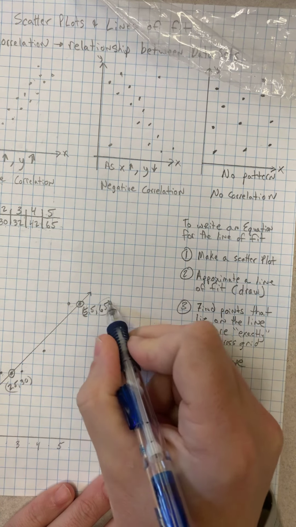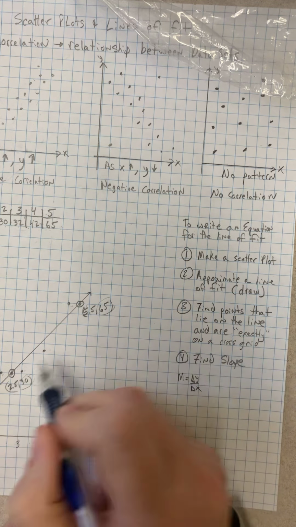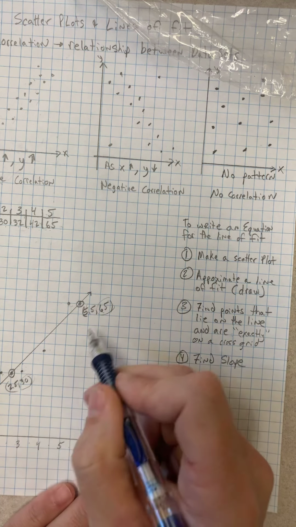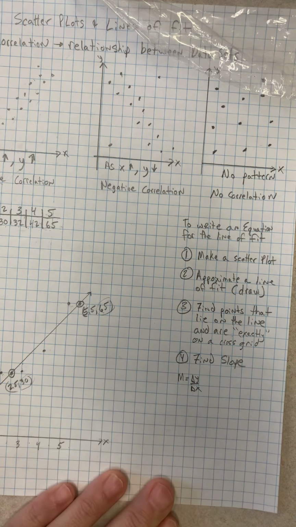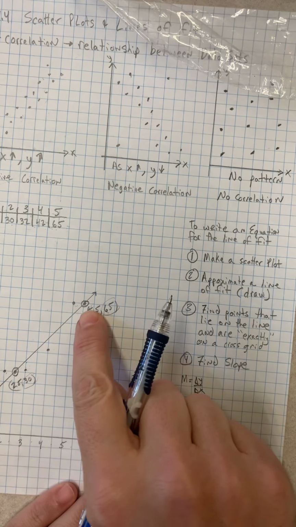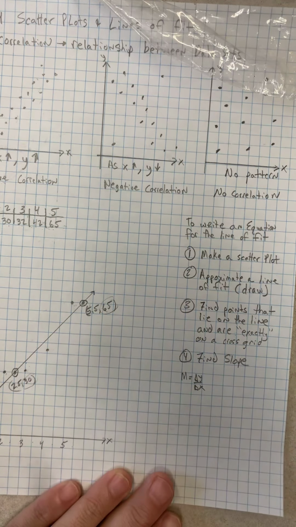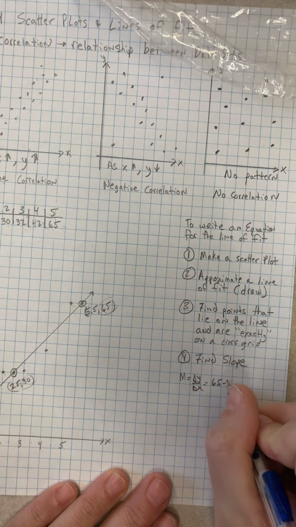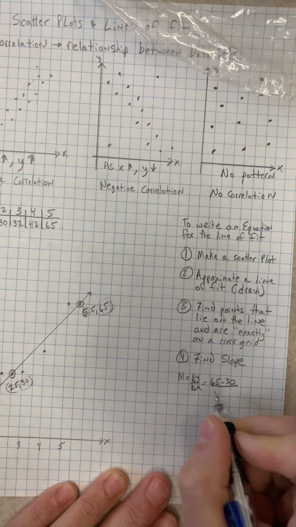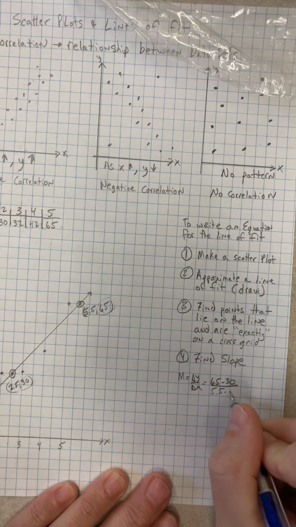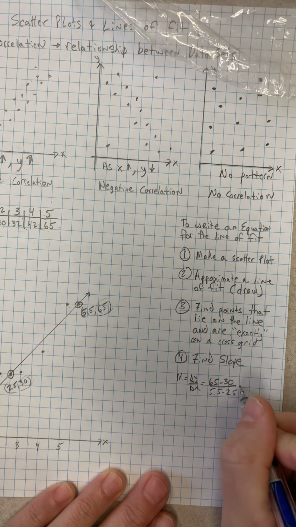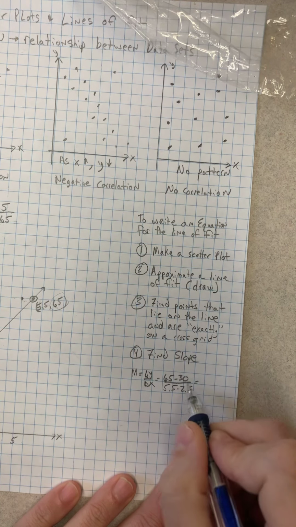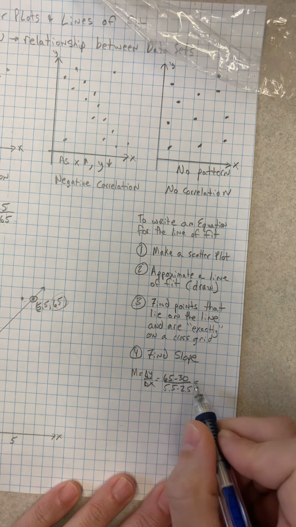Here are my y's. And I'm going to go this way because I can see these y's are bigger, these x's are bigger. So I want to go in this direction when I subtract, so all my answers are positive. I know the slope of this line is positive. I don't want to mess with any negatives. So I will have 65 subtract 30 divided by 5.5 minus 2.5. Now we just do the math. 65 minus 30